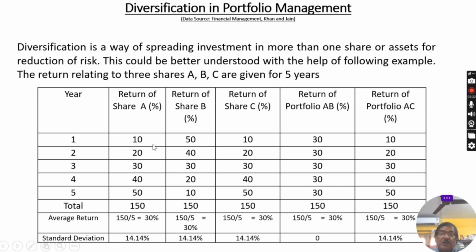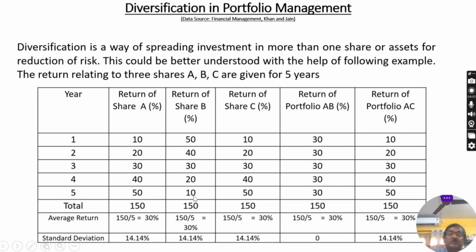By this time, you have already learned how to compute the risk. That is standard deviation. That's why I am not going to discuss in detail how to compute it. You can check it. The standard deviation, or risk, for the returns of share A is 14.14%. It has been calculated. For share B again, the risk is the same, 14.14%, and for share C also the risk is